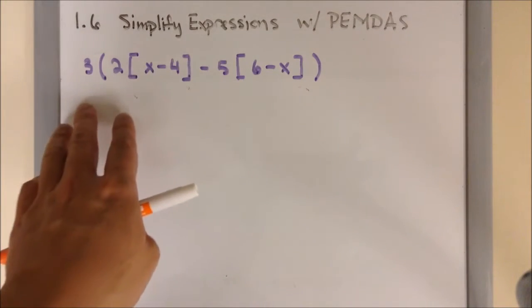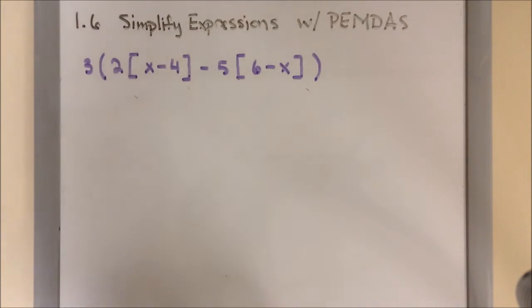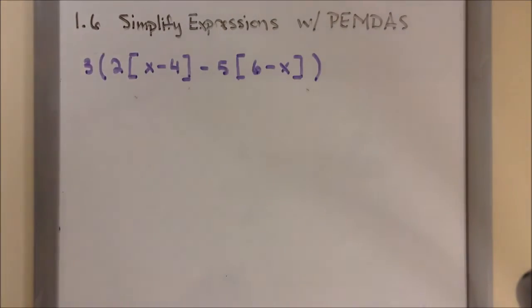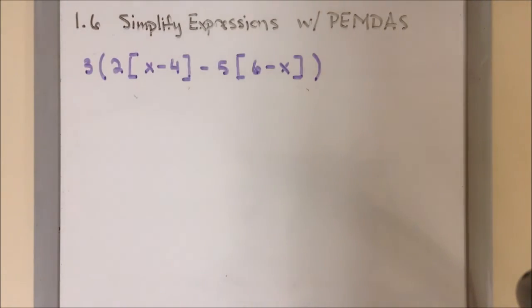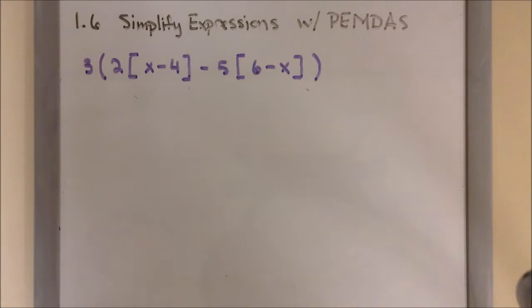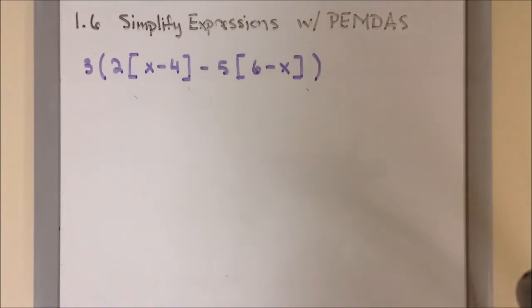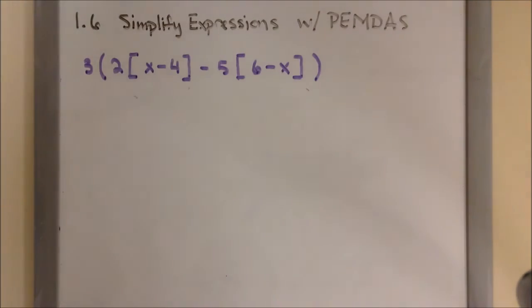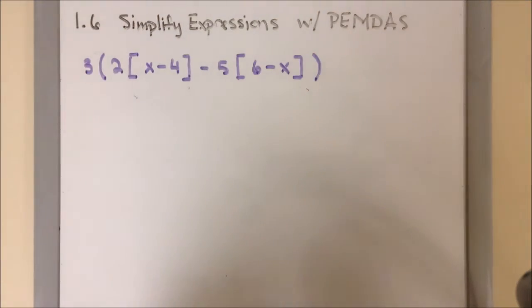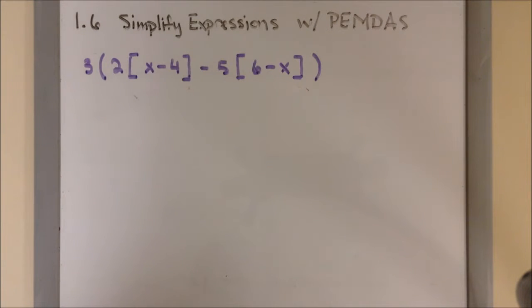In our first example, you notice that we have parentheses and brackets. Now, since we have multiples, what we're going to do is group together, meaning which one goes as one group and which one goes in the other group. So that way we do not confuse between parentheses and brackets. When it comes to simplifying expressions, the common mistake is when to distribute and where to distribute properly without messing up the order of operation. And that usually ties in where two parentheses or two brackets go as one group. So what I mean is,